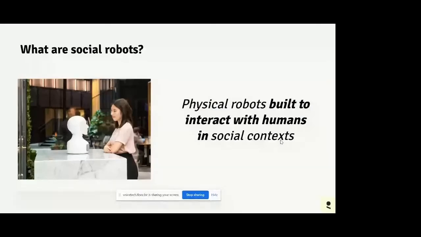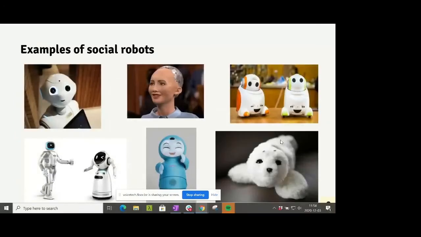To begin with, social robots are commonly defined as physical robots built for social contexts, as opposed to, for example, virtual chatbots that one could claim are social but not physical, and physical robots that, of course, are physical but not social, for example, in manufacturing. And these can come in many different shapes or forms. I'm certain that you have seen some of these robots out in the real world before, and the common denominator here is that they are used for social purposes.